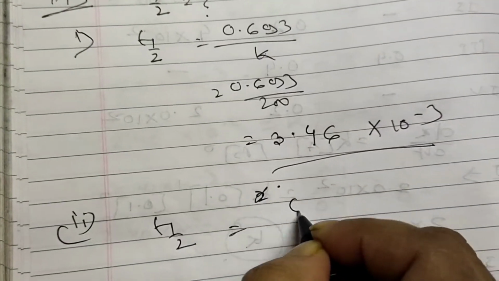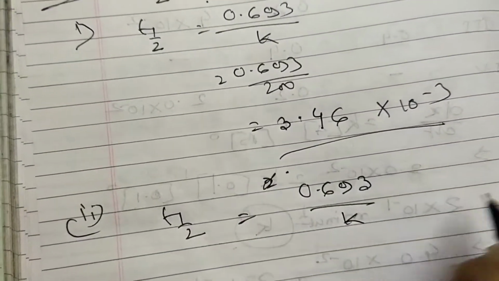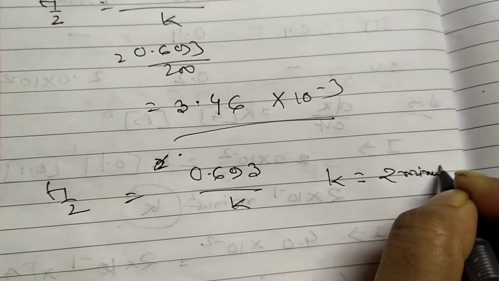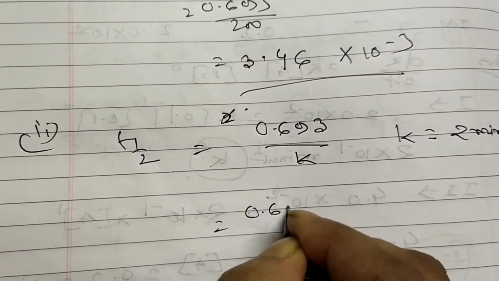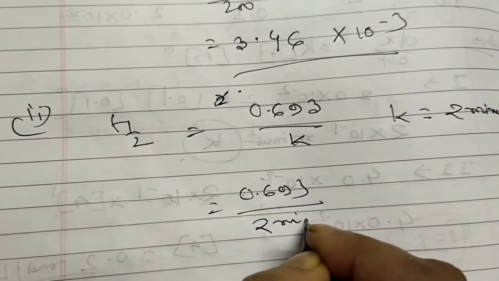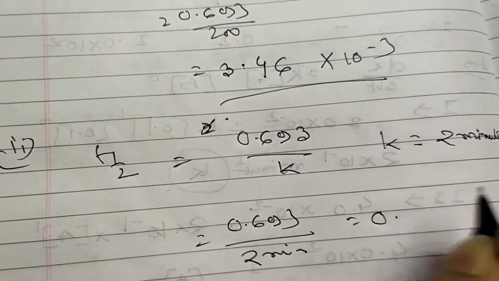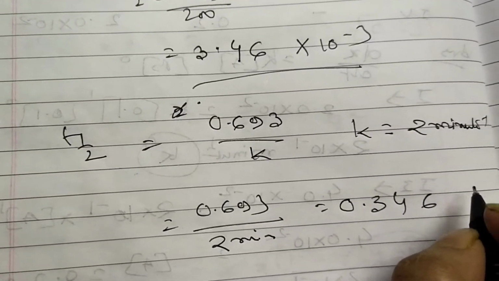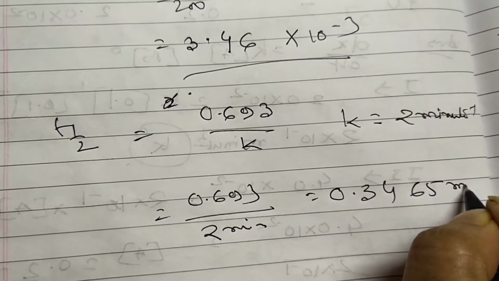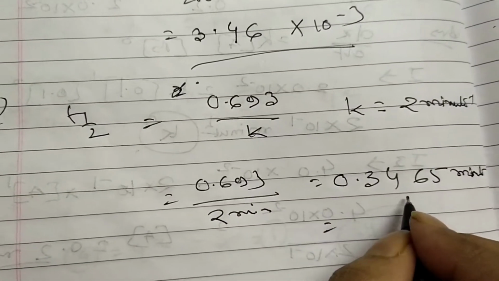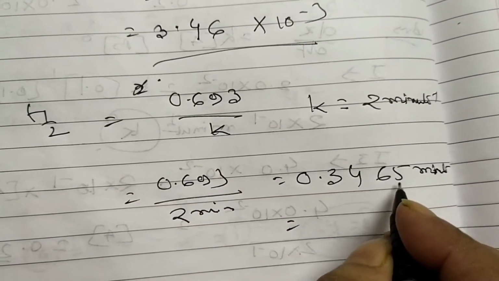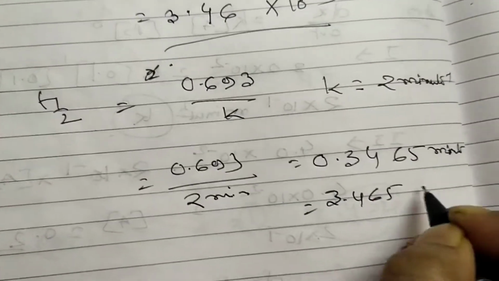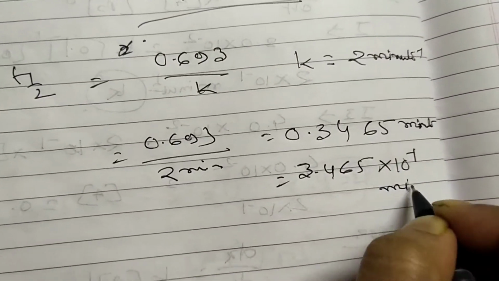For the second one, what is the t half we have to find out here, now same formula 0.693 by k, now what is k given to us, k is given to us here 2 minutes inverse, so what we have to write down, 0.693 divided by 2 minutes, that means it is coming which one, 2 3s are 6, 2 4s are 8 and 1 3 3 6 are 12, again 3 5 10, so it is coming here 0.3465 minute, or this is the time, or if you have to convert it into second, definitely, otherwise you can keep it in the minute also, no problem, 10 to the power -1 minute.